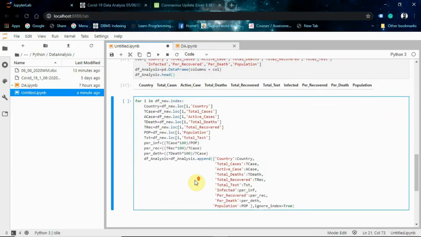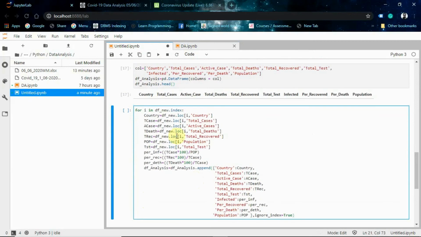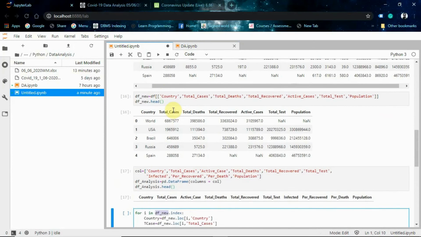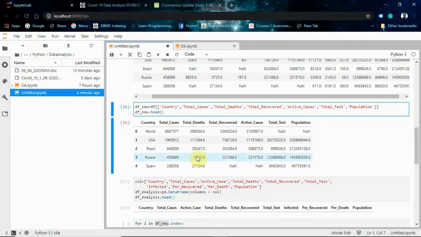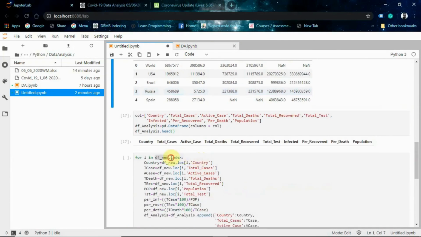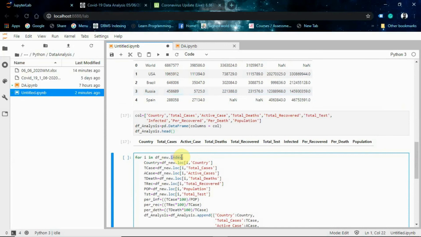So this is our for loop. In the for loop, it's very simple. For i in df_new, this is our previous data frame, df_new, which we created previously, right? Dot index, we want to iterate it with index, right? So the first variable is country, and what we are going to do, we are going to do df_new,